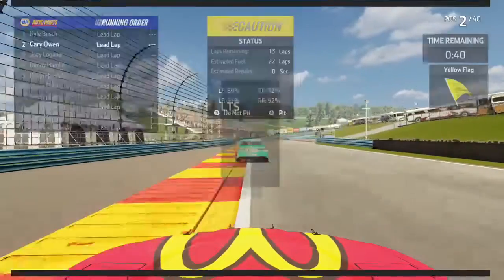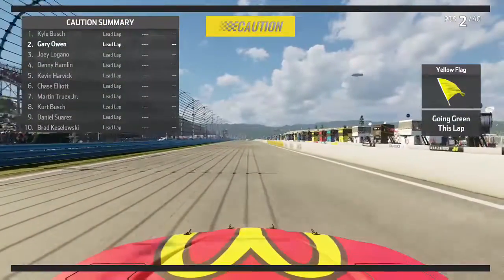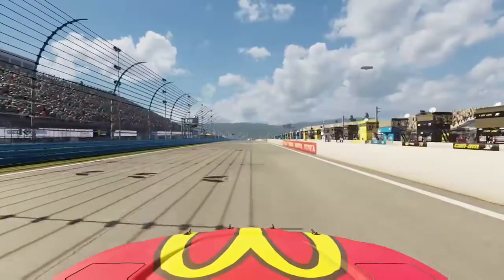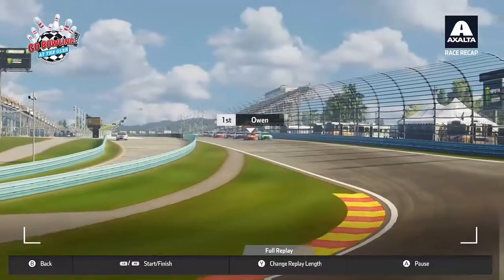And this would once again set us up on the right-hand side for the restart with Kyle Busch. And obviously Kyle Busch, he's not the very happiest with me right now after the last episode. He wasn't very happy with me after the incident in Pocono at the end of this race. And we're trying to stay clean with him as the green flag is out. It is 10 laps remaining in Watkins Glen as we try to decide a winner as we head down into